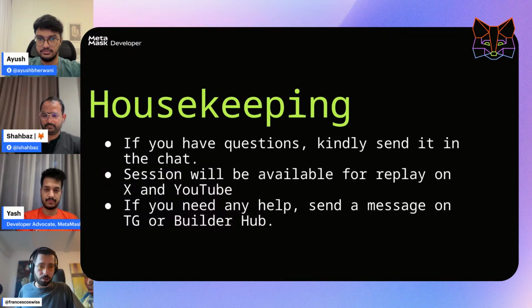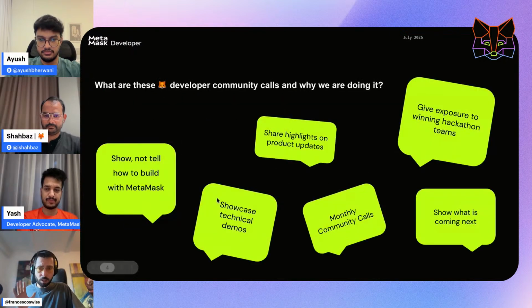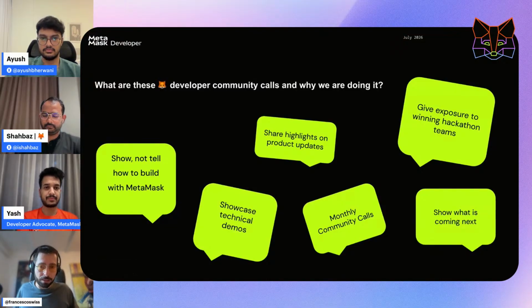Let's do it. So we just went through a quick agenda. Also, to give some context for the people joining now, these MetaMask community calls are happening every month. We're trying to share different highlights about not just the product updates, but also highlights around the ecosystem. We're inviting a lot of different guests, from partners to ecosystem leaders, to join and discuss different topics. And we want to showcase things, right?